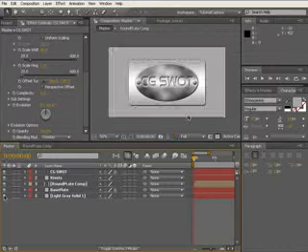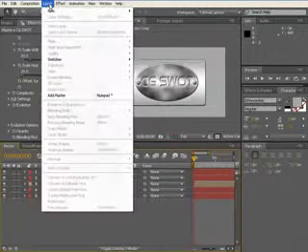So we'll unhide our background, and we might as well put our adjustment